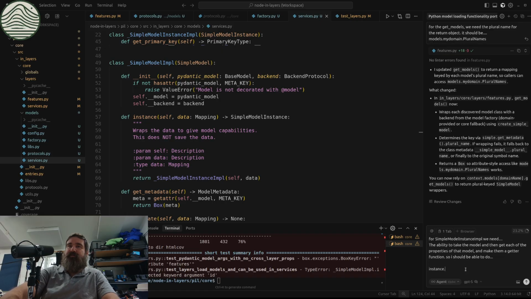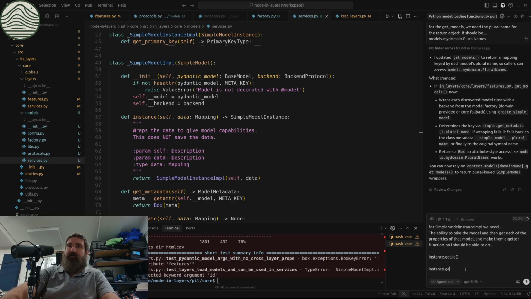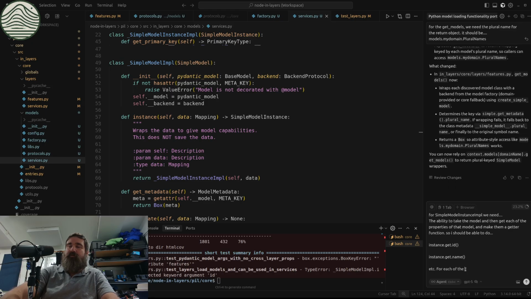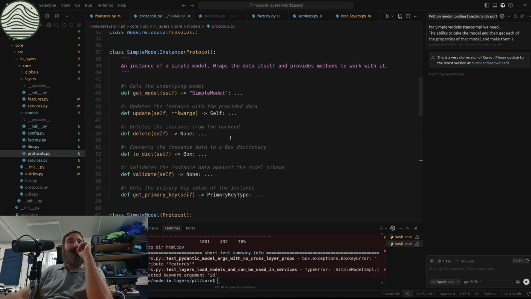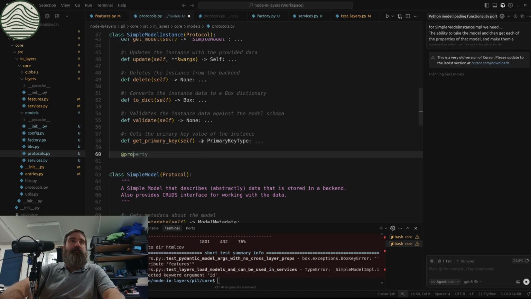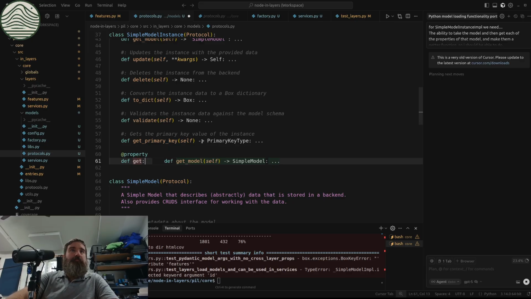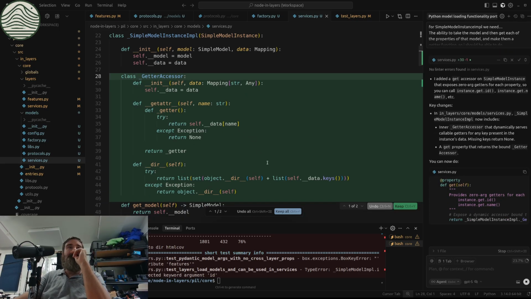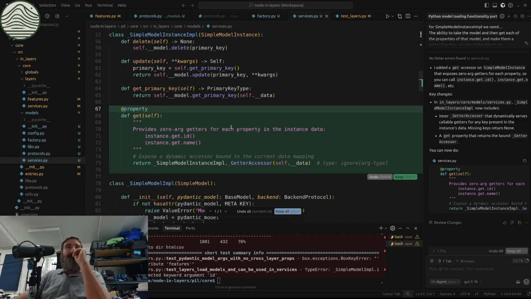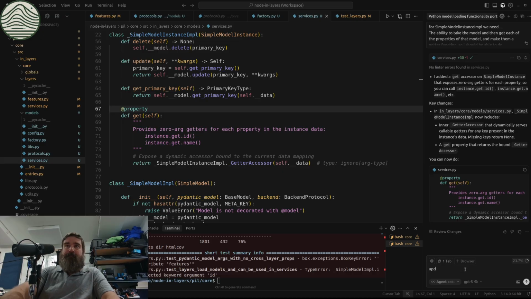To do instance.get.id, instance.get.name, and what this is going to return is a, I think it's so it's like a, got my